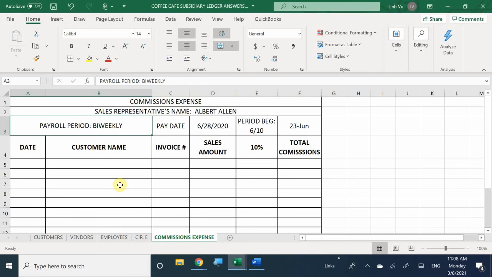Then we're going to invoice him, and then we're going to do a sales amount, and we're going to do 10% of that sales amount, and we're going to calculate his total commissions off of that. So that's a little thing there for you. Okay. So there you go. Now that we have Albert in our books here,